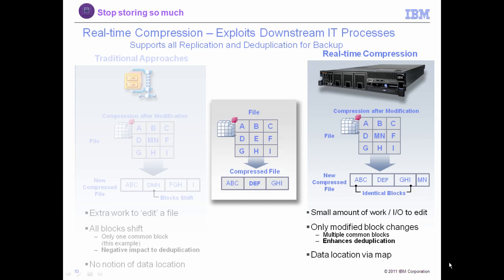What you now see is that A, B, C, D, E, F, and G, H, I are common with the original file. Because of this, you've maintained your deduplication ratio, and the only new add to the file is the small mn at the end of the file. This is how the IBM real-time compression technology is able to exploit data deduplication and actually make your backups faster